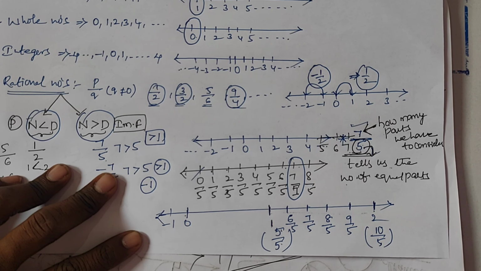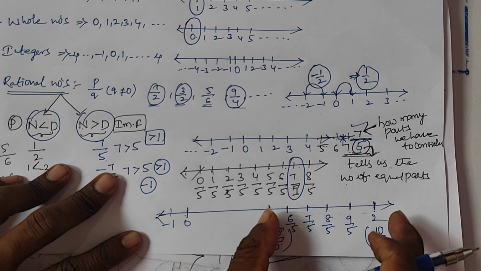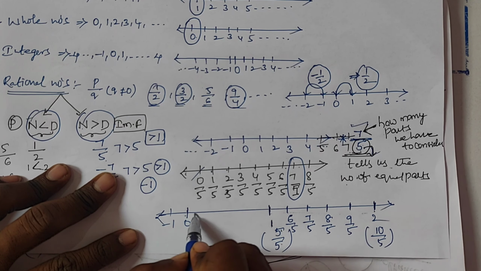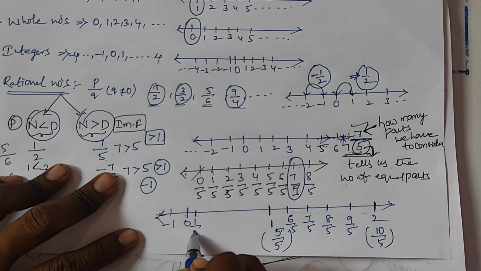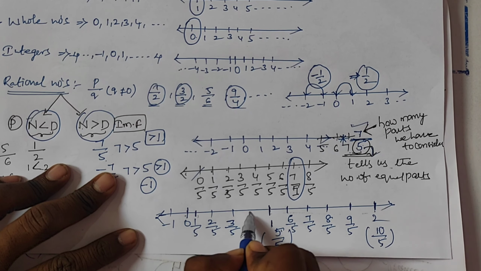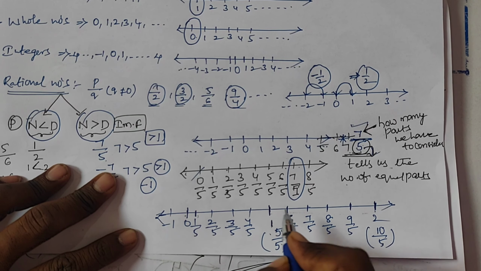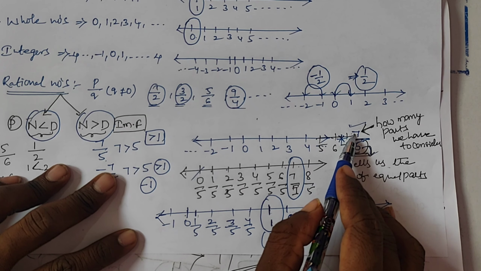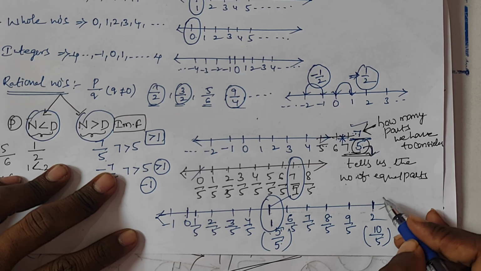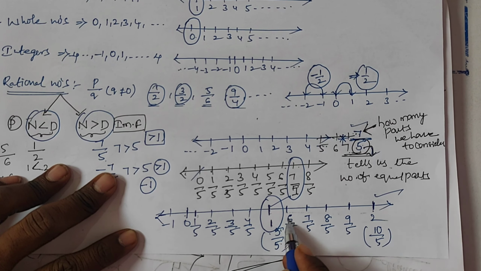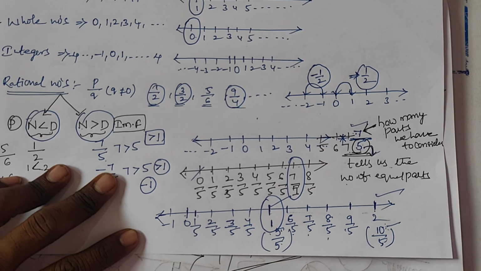isn't it? So now between 1 and 2 we had to divide into 5 equal parts. Okay, so from here also we can do 1 by 5, 2 by 5, 3 by 5 and 4 by 5, 5 by 5. 5 by 5 means 1. But we know that given here is an improper fraction, greater than 1. So directly I am considering here greater than 1. Okay, so 5 by 5 means 1. Next 6 by 5, 7 by 5, 8 by 5, 9 by 5. Next 10 by 5. 10 by 5 means 2, isn't it?